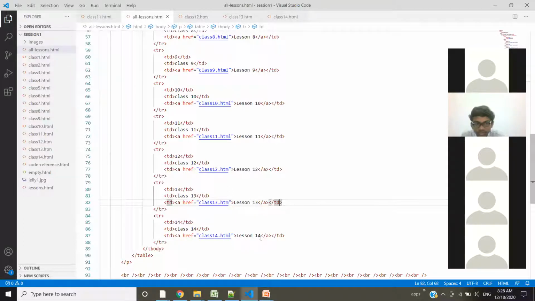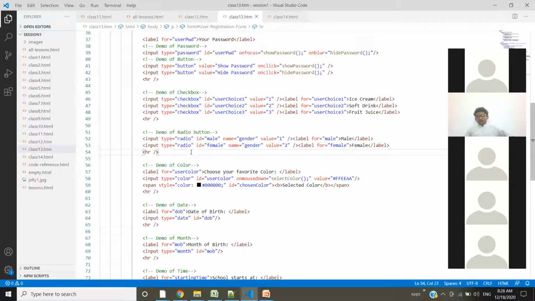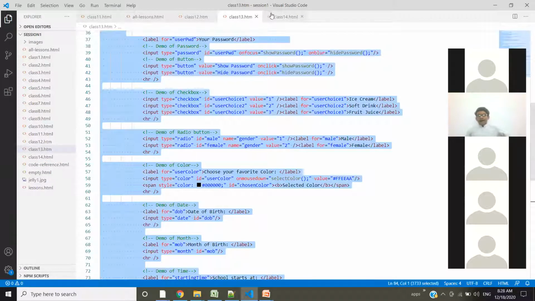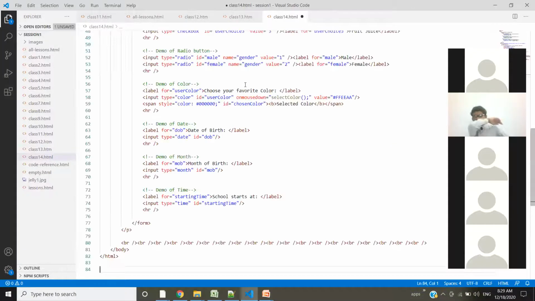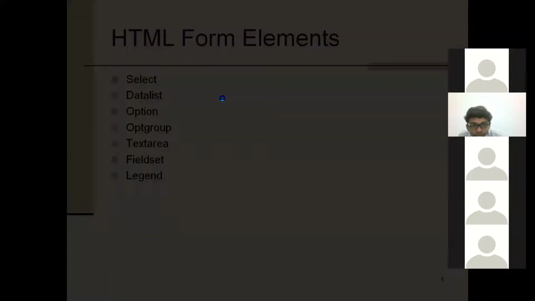And this is a common mistake that we all developers make. We need to pick the right one, so I should have picked this one to copy. Okay, very good. Now we have all lessons and we added the 14. We need content, so whatever we built yesterday, we'll build on top of it. I'm going to copy the same content and add it in class 14 also. Let's see in the slide.